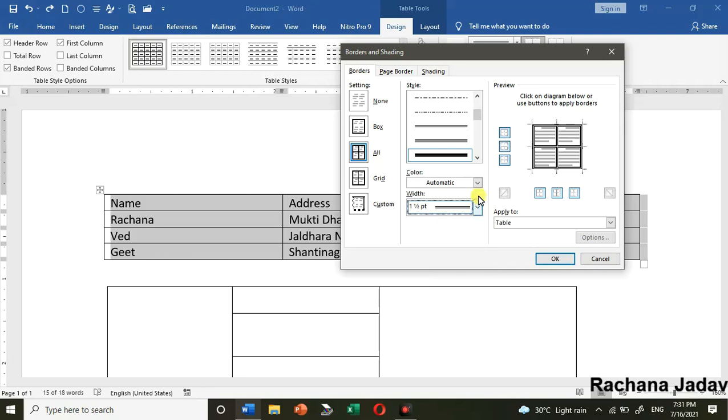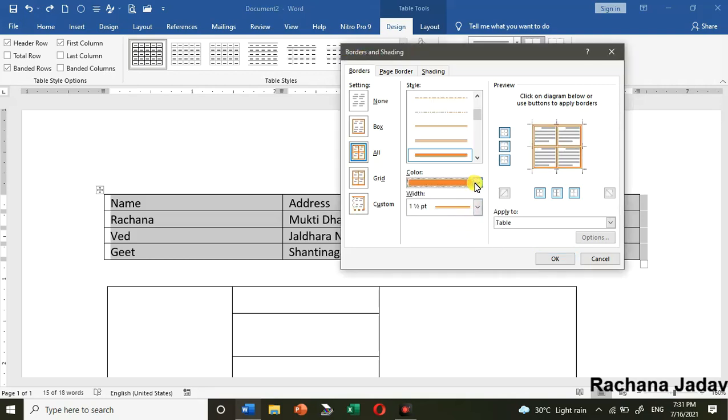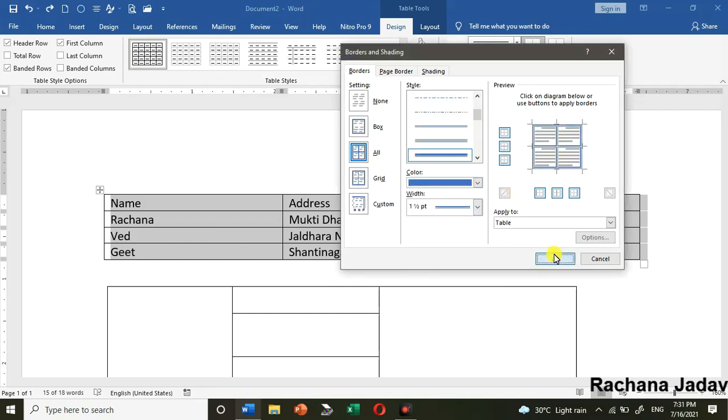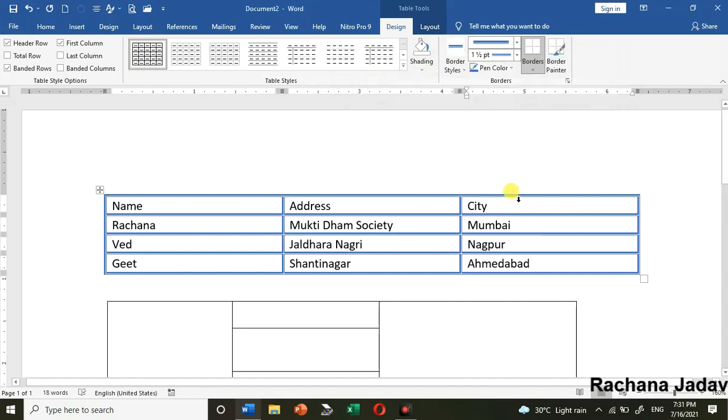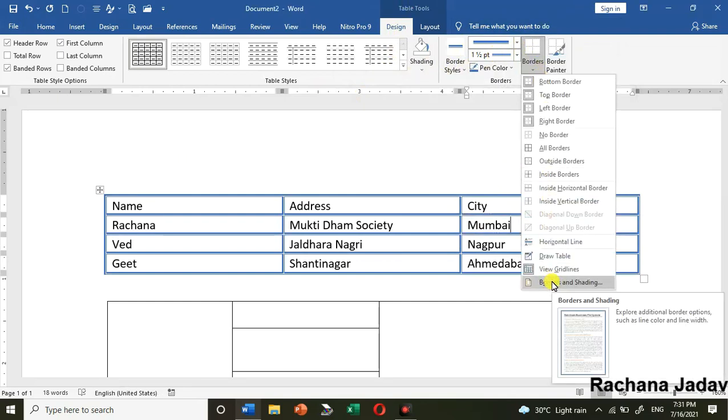I want only 1.5. Even the color, if you want to decide about the colors, yes you can go with the colors. आपको colors के लिए भी कोई problem नहीं है. You can select the colors and click on OK. Here you can see now the colorful table. Okay, here there are different options also. यहाँ आपके सामने दूसरे अलग अलग options हैं, but I prefer that directly you go to the border and shading and you can do it. आप अपने आप से कर सकते हो.